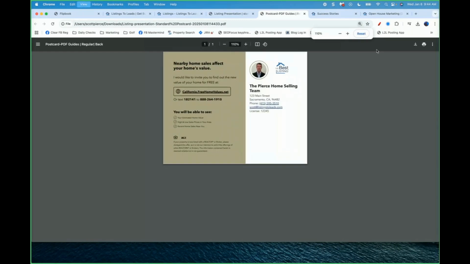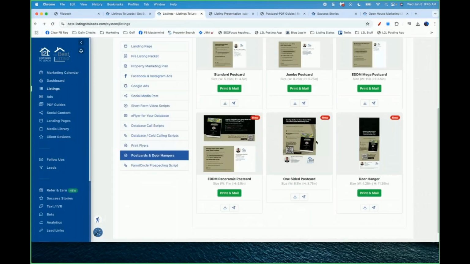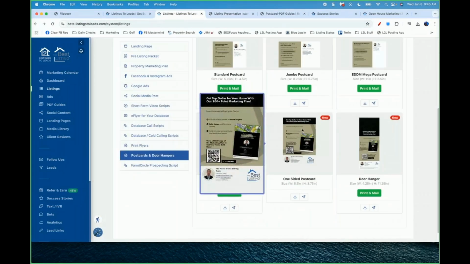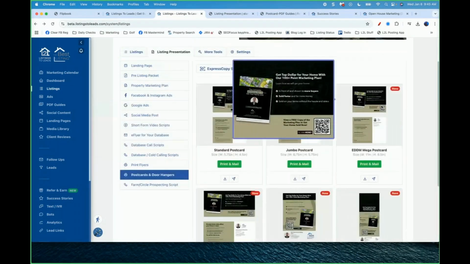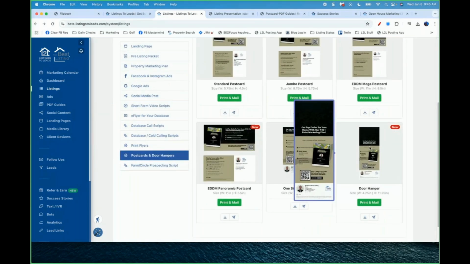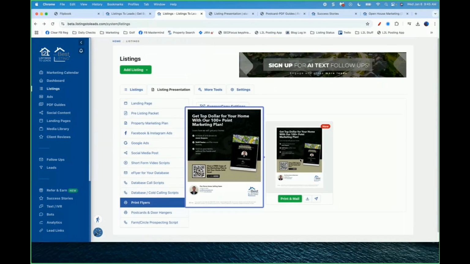Here's the back of the postcard. So this would be phenomenal. So again, I've got a postcard, I've got a one-sided postcard, so you've got a few different options here. I've got a panoramic, mega door hanger. I've got print flyers. And when I talk about automations, again, think about the fact that if it is your listing,